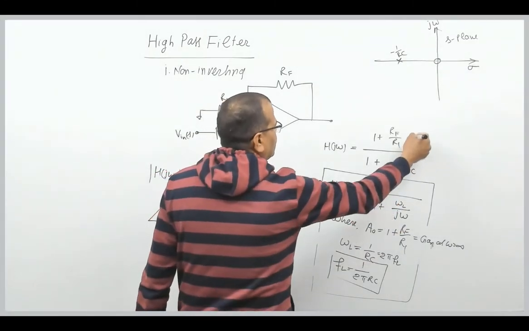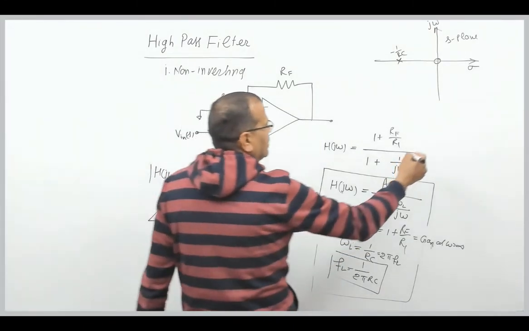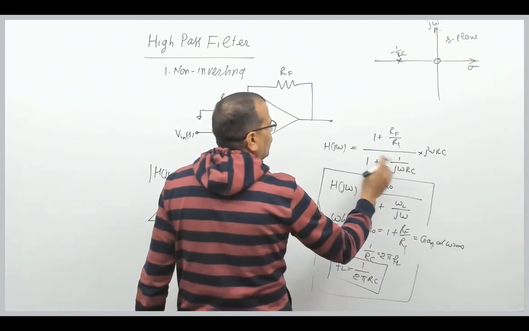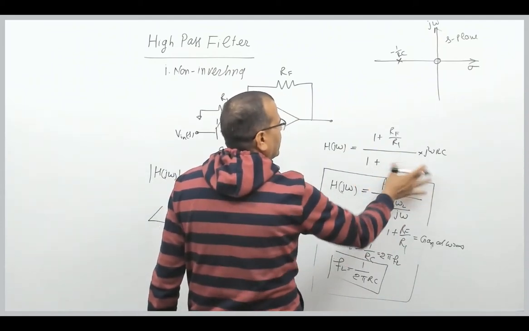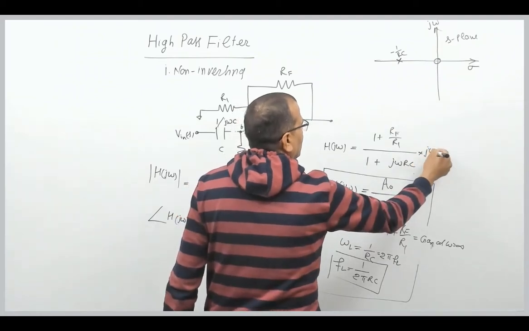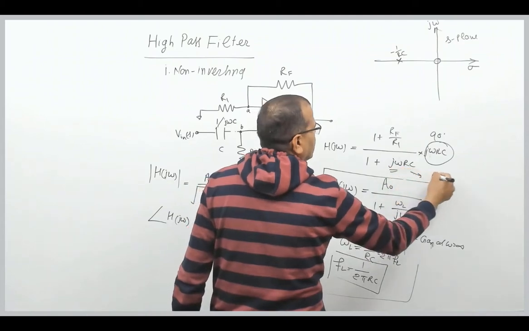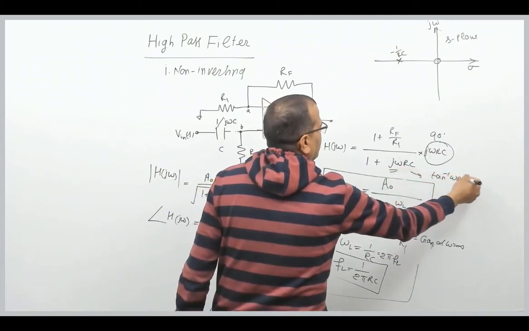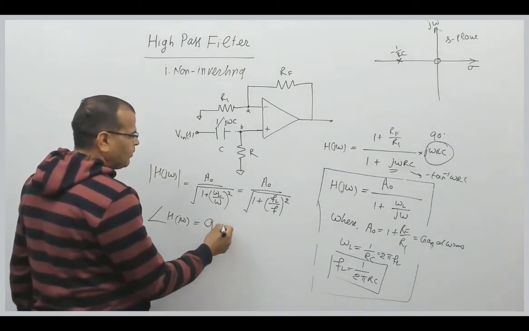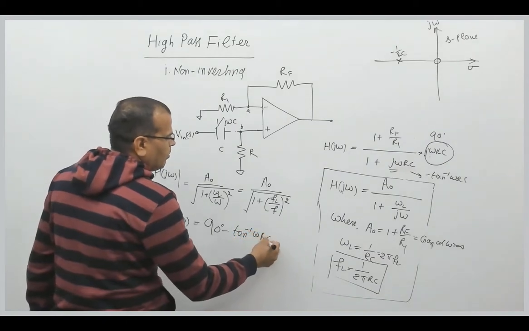I had j omega in the numerator. We had, you please see, this can be written like this: j omega RC into 1 plus j omega RC. That was your actual transfer function, something like this, but we had taken that in the denominator, right? So what is the phase angle of this? 90 degree. What is the phase angle of this? Tangent inverse omega RC, but in the numerator it will be negative. So the phase angle for the high pass filter will be 90 degree minus tangent inverse omega RC.